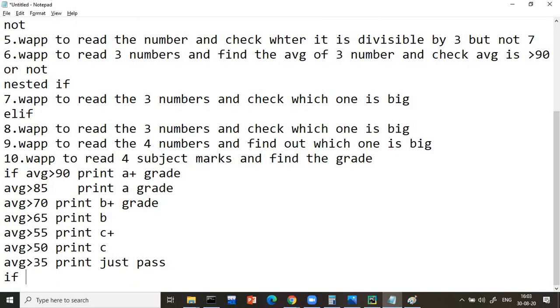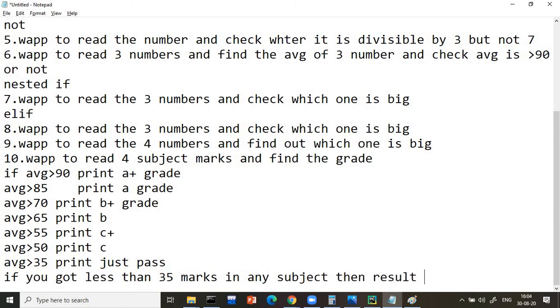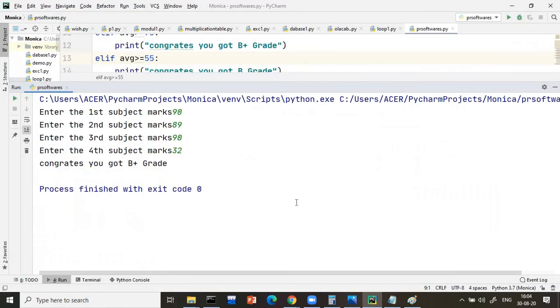If you got less than 35 marks in any subject, then result will be failed. Now in this situation, will it work? The answer is no. So what do I have to do?